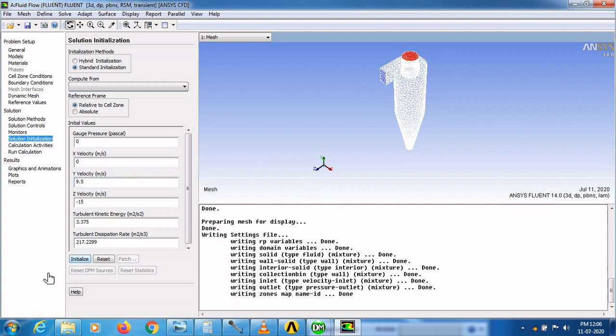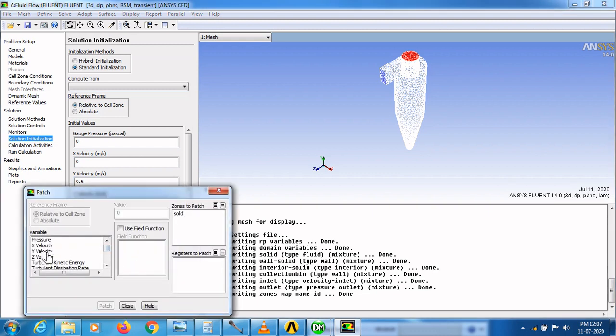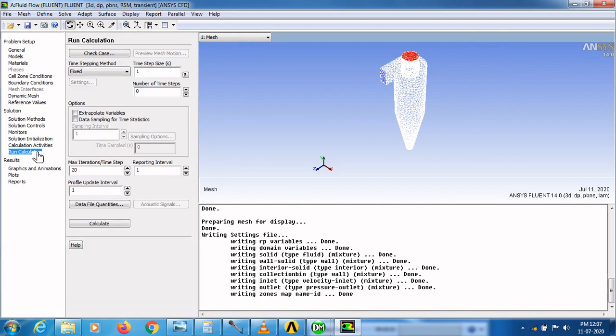And initialize and go to patch and select Z velocity and give 15 meter per second. Select solid and give patch, and go to Y velocity and provide 9.5 meter per second and give patch and close and run the calculation.